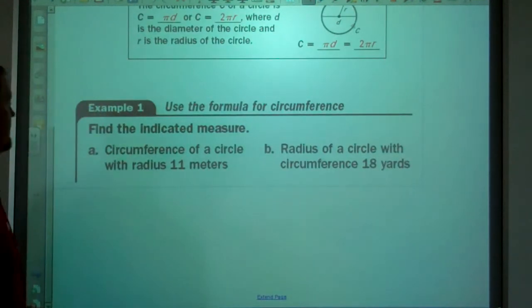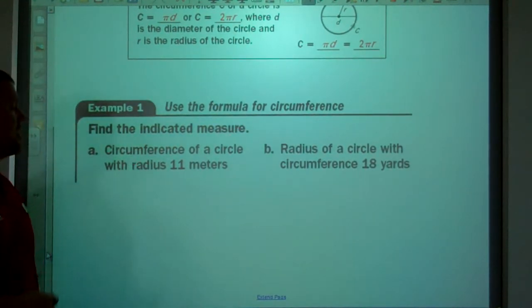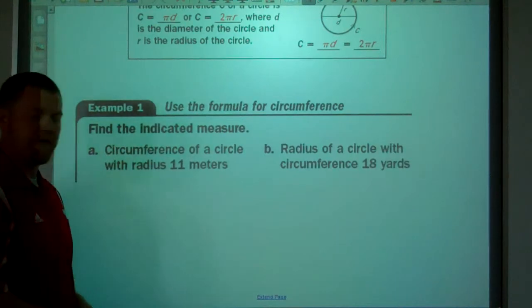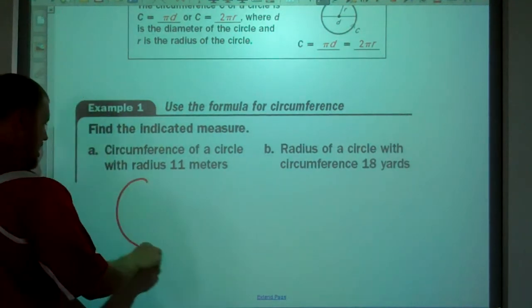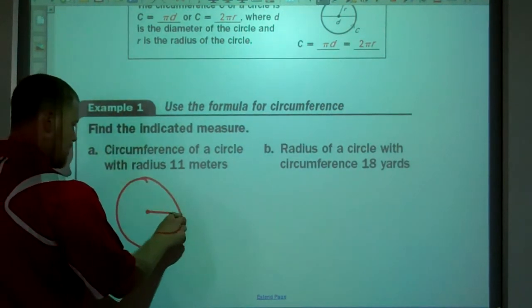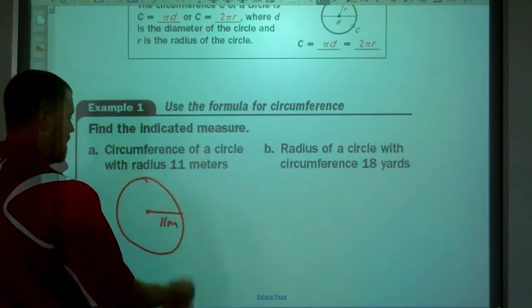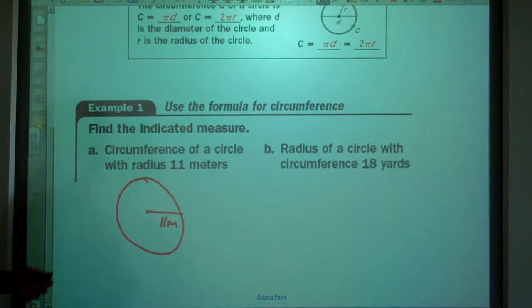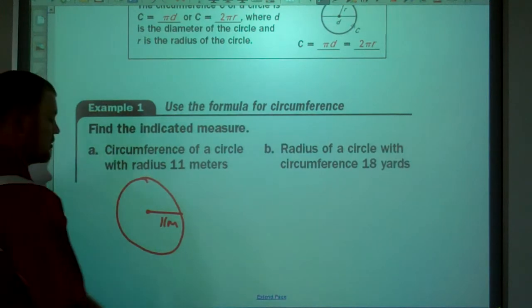Alright, some real quick easy problems using circumference. Find the indicated measure. Circumference of a circle with radius 11 meters. So this is what we have. We have a circle, we have a radius of 11 meters, and we want to find the circumference of that circle. So circumference